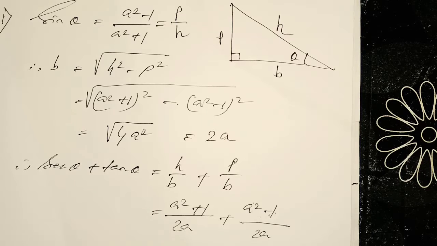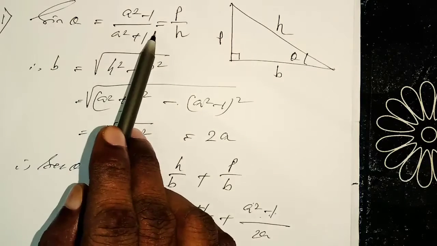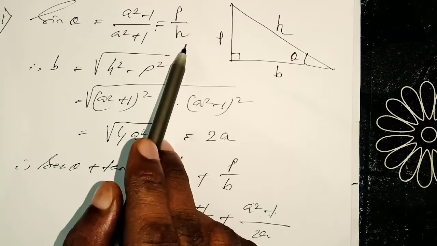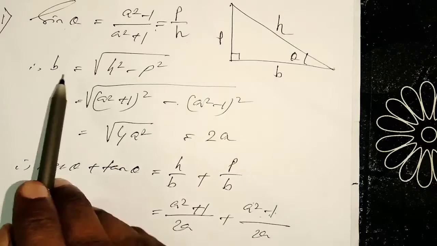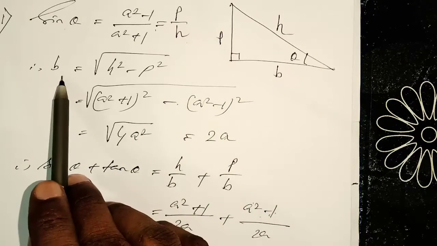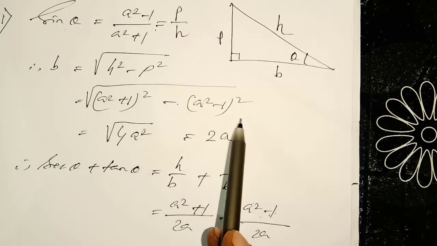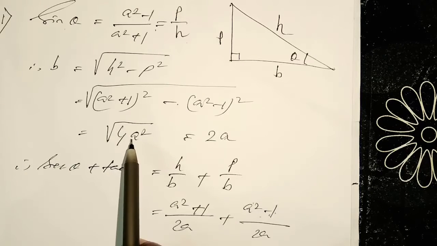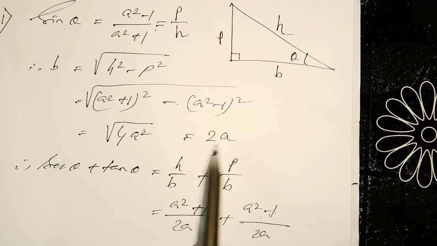This question has already come in the annual competitive exam. In lower classes also you have to practice, for 9, 10, 11, 12 up to competitive exams. Higher skill level questions on trigonometry. Sin theta value is given. As you know, the sin theta formula is P by h, perpendicular by hypotenuse. You have to draw a right angled triangle. It is a concept based question. You find the base as root over h square minus p square. I explained here: a plus b whole square minus a minus b whole square, the formula is 4ab, 4a into b, which gives 2a root over. Then sec theta plus tan theta, you will find. This is the way of solving number 1.